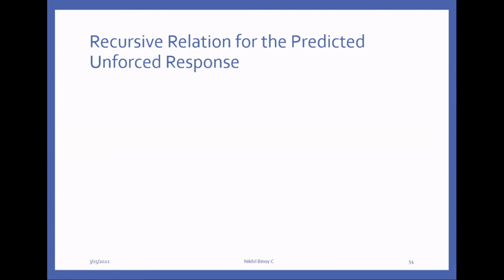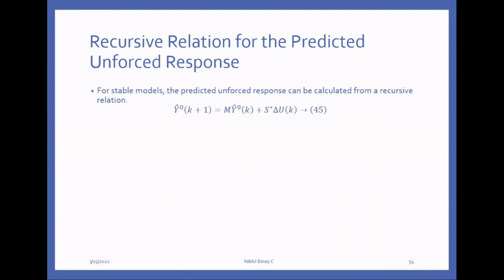Now, if you have an algorithm and are able to calculate each value recursively, it will reduce our task. Otherwise, each time we have to calculate the entire structure. By using the previous value to find the new value, it is very easy for us. So the recursive relation for the predicted unforced response is what we are going to discuss here. For a stable model, the predicted unforced response can be calculated from a recursive relation. Actually, y cap 0 of k plus 1 equals M into y cap 0 of k plus S star into delta u of k,